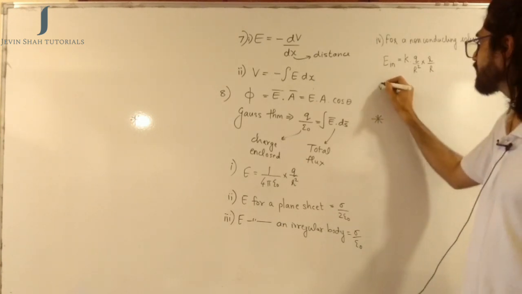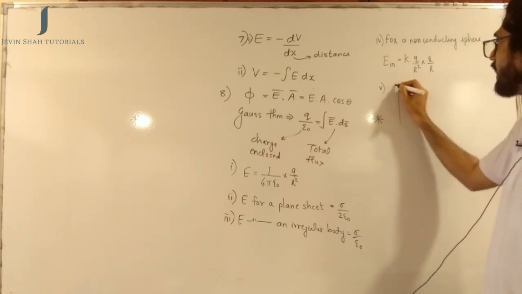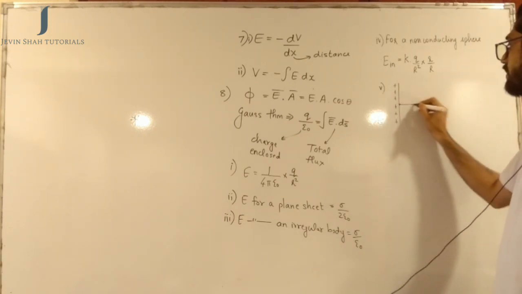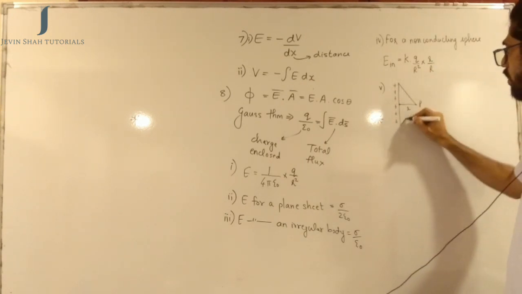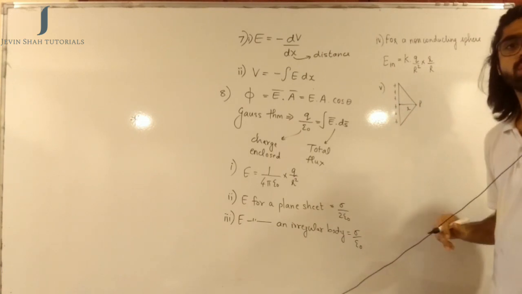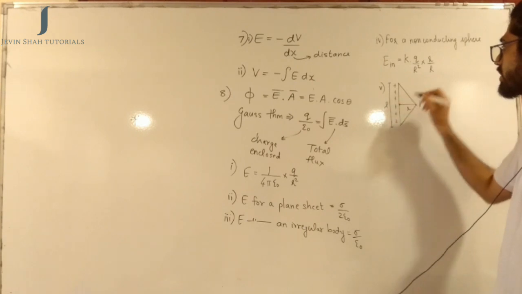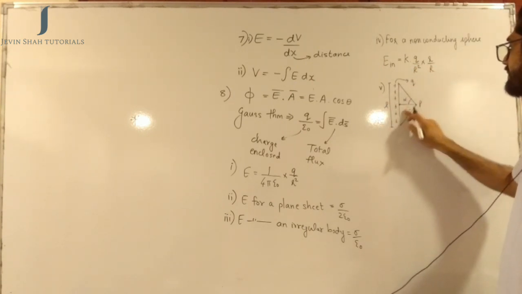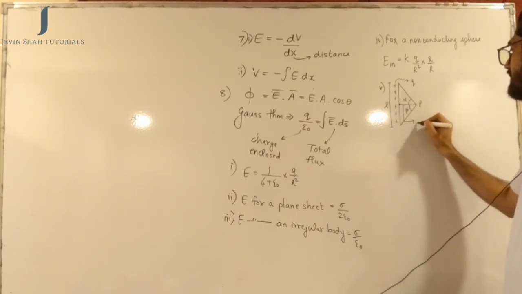Go ahead with the fifth one. Say for example, I have an infinitely long rod with me and it is charged with a positive charge. There is a point P somewhere over here at a distance of r. Okay, let's just change my words. This is not an infinite rod, it is a rod of length L. And the charge on the rod is equal to Q. And let us say this angle is alpha and this angle out here is beta. And this length is r.